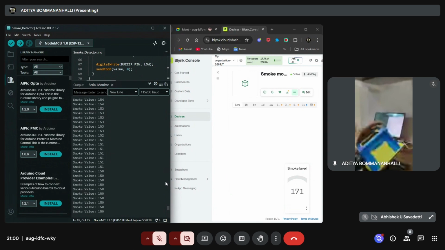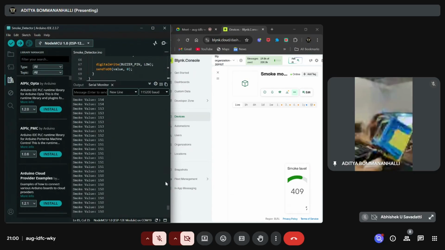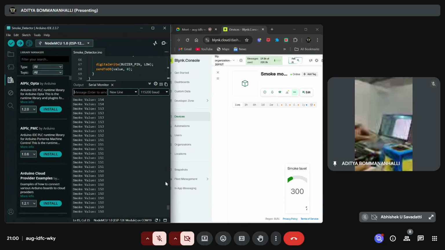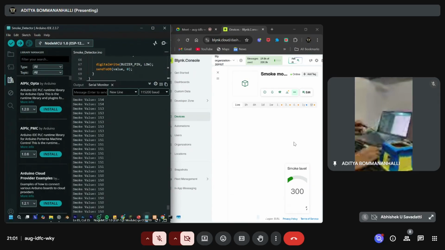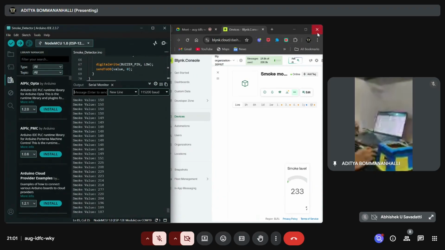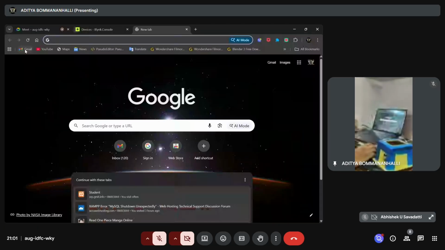As now the smoke's intensity has increased, the value has also started to increase. As you can hear the buzzer alarm, and when the smoke value again goes below 300, the smoke alarm turns off. Here in the Gmail ID, if I log into my Gmail ID,